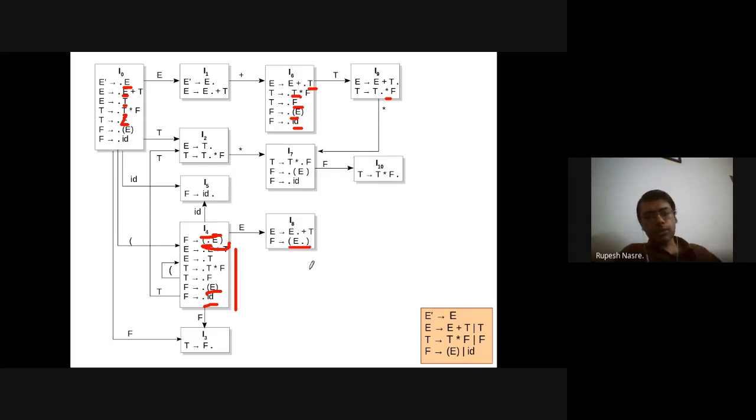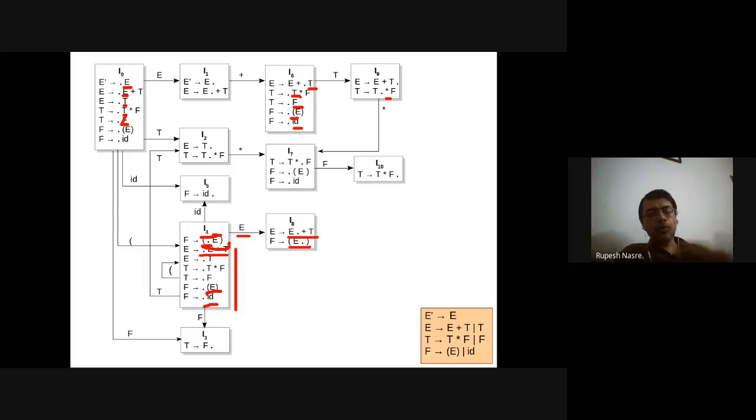However, there is another production here, dot E plus T, and that dot E plus T is going to, after consumption of E, because we are talking about a transition on capital E, move the dot after E, and therefore I'll get E dot plus T. These are the two kernel items in I8, and those are going to give me at least the initial part of I8.